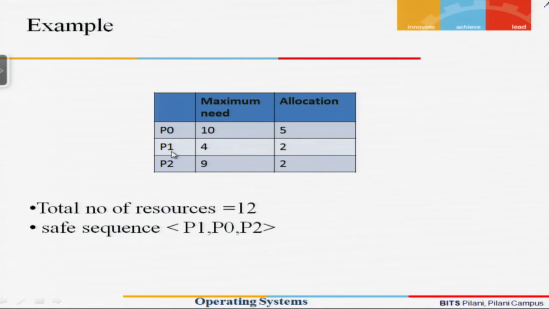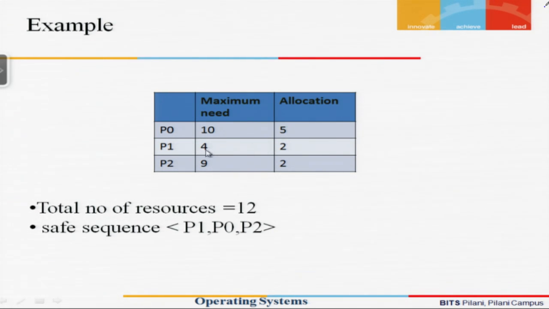Now let us see P1. P1 has an allocation of 2 and maximum need was 4. So now the remaining need could be 4 minus 2, so it may require 2. Since we have 3 resources, we would allocate 2 resources to P1, whatever it requires. So P1 will get 4 resources, and once it is allocated 4 resources, it will execute